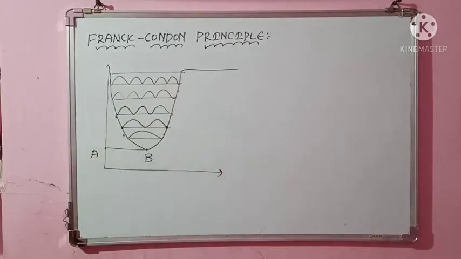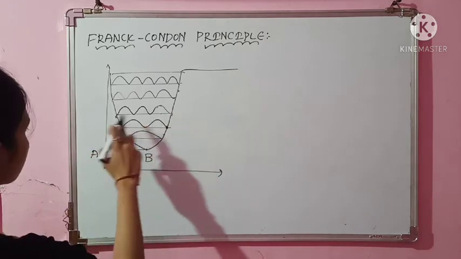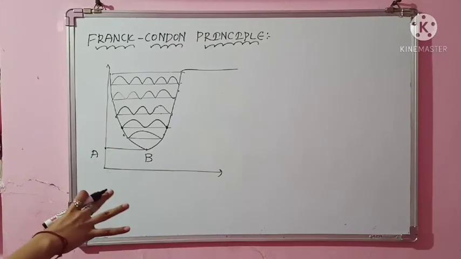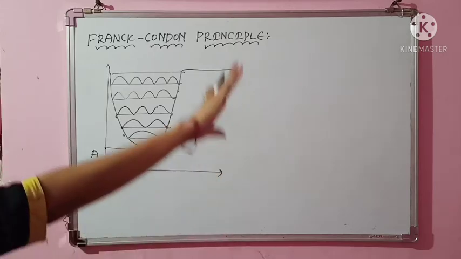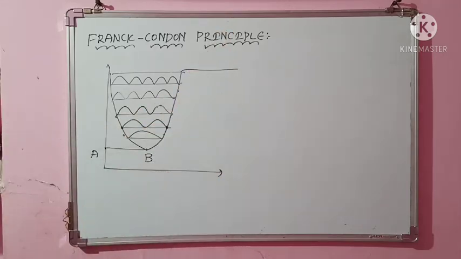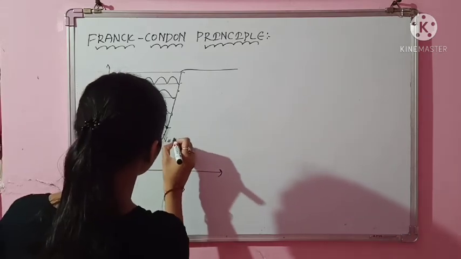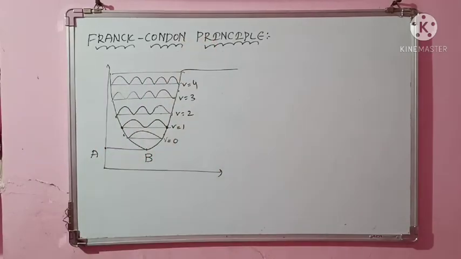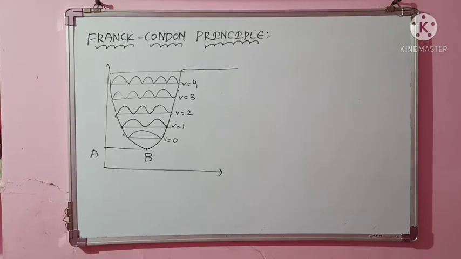Whatever I have drawn now indicates the probability of finding the atom, that is, where the molecule is found. Almost exactly, it is found at the corners here. If a molecule is oscillating, whenever you see the oscillation, you can find those ends at the extremities or extreme corners. These levels you take as V equal to 0, V equal to 1, 2, 3, 4, and so on. These are the vibrational energy levels. I think you understood where the probability of finding the atom will be.